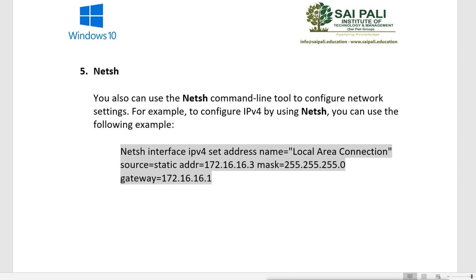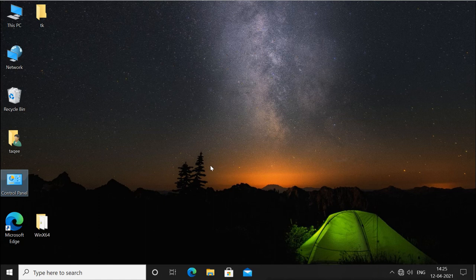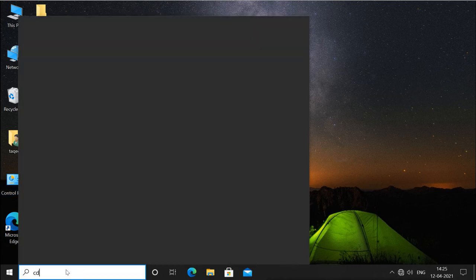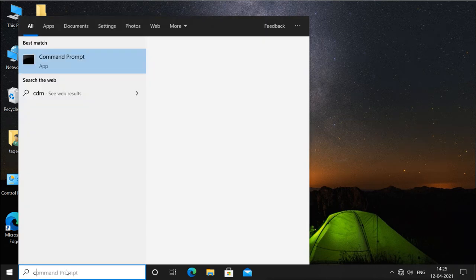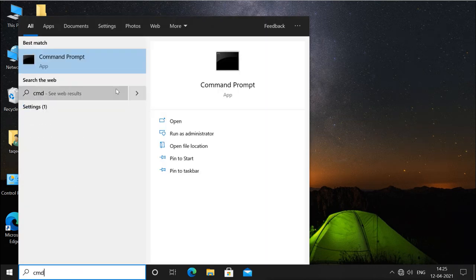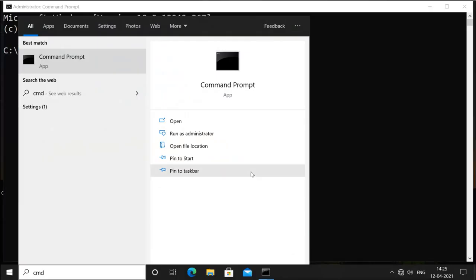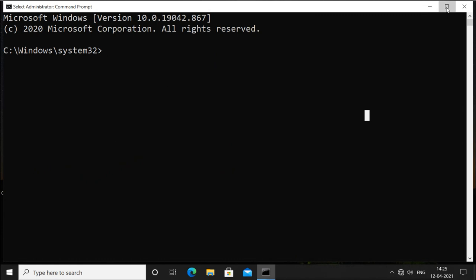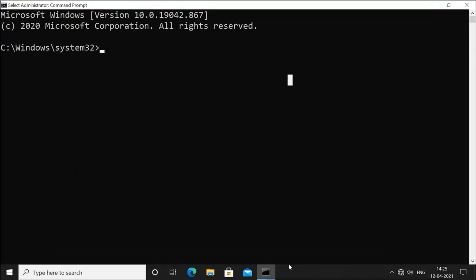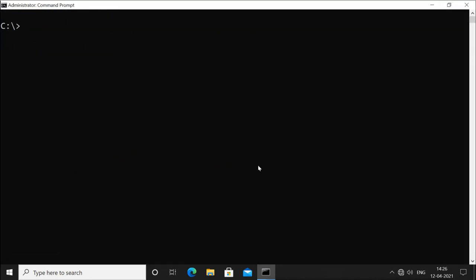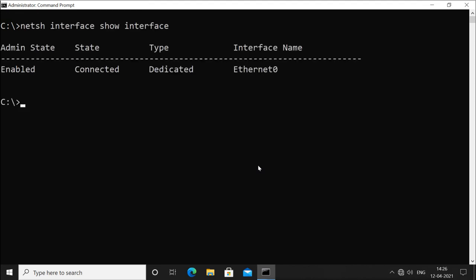Now again, netsh is a command line tool, so you will open CMD by using run as administrator. To check the interface detail, you will run this command: netsh interface show interface.